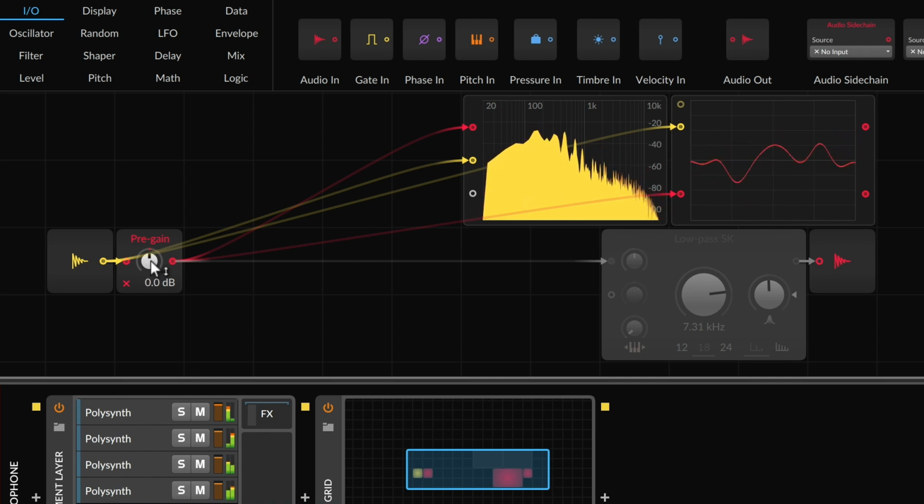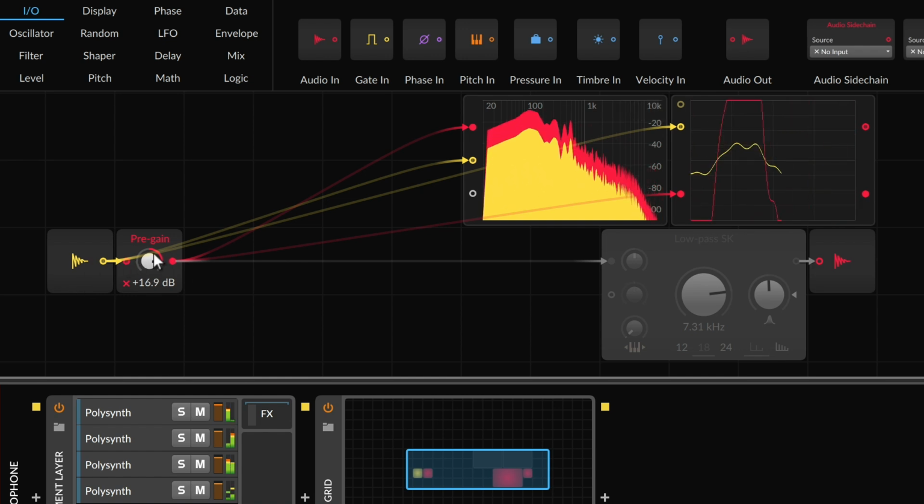So distortion tends to consist of three parts. One, applying gain to the signal. Two, then chopping or clipping or cutting the signal in some way so it doesn't get any louder. And then three, putting it through a filter to smooth out the flat spots that have been created. So let's start with gain and crank this up, and something interesting occurs. You can already see the flatlining, but you can also hear it.